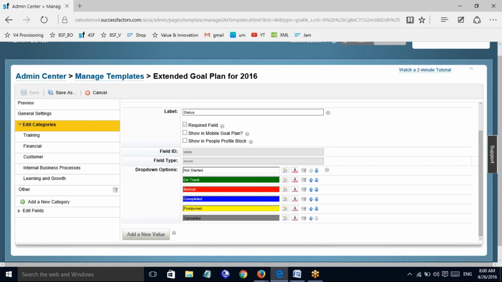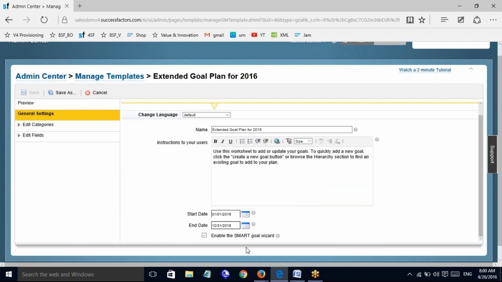If it is already in use, you have to be very careful in the general settings when you set up the date. This is the start date and the end date, which is a default. You have to review it very carefully to see whether it is in use or not, and only then modify. Otherwise, you add the goal plan templates from a success story. That is why it is a highly recommended best practice.